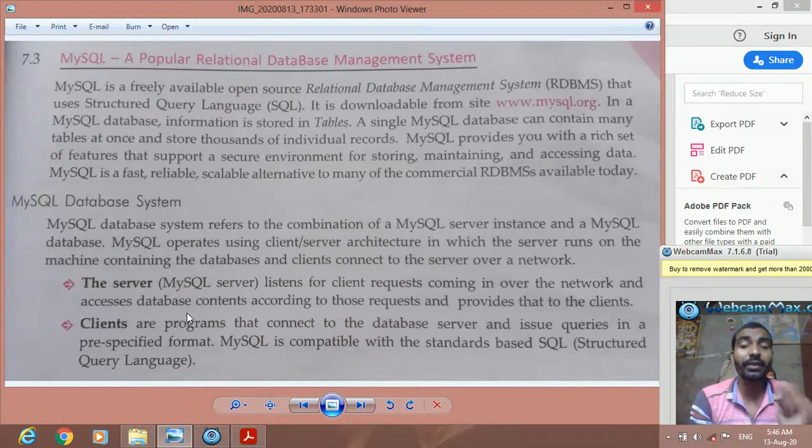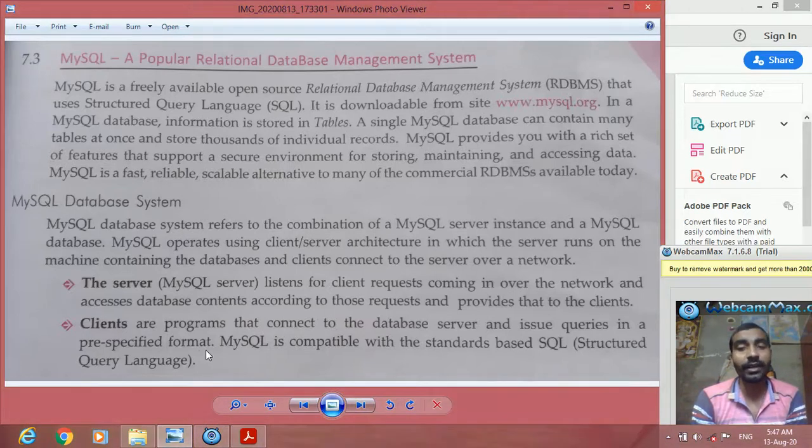In the same way, for the MySQL server the client is the program you are writing, or the application you are using to access the database. The client issues the queries in a pre-specified format, and according to the queries the MySQL server fetches the data.